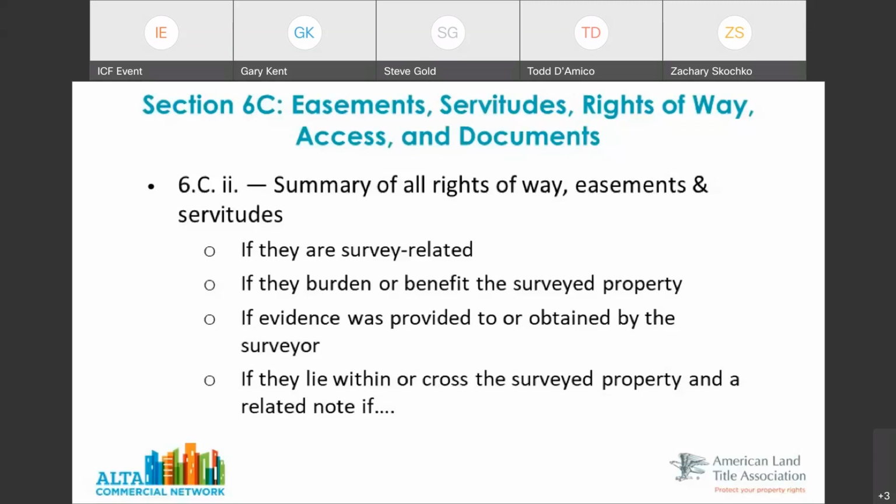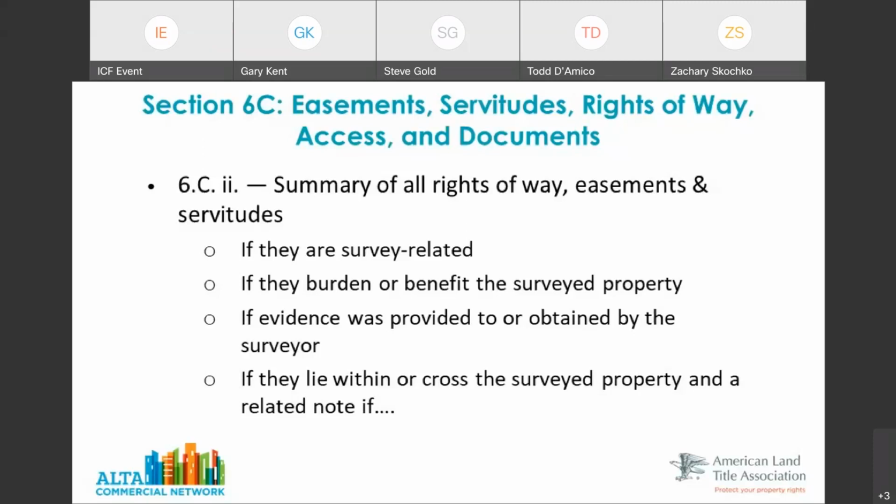Well, in the standards in 2021, you'll see on the red line we really reworded some of this section to help the surveyors give more detail and to give the clients and the end users more information on how to make decisions on these items. Not only does the title company need a statement to these items so they can determine whether they stay in or they remove them, but all the other parties, just like HUD, need an answer from the surveyor as to how they affect the property.